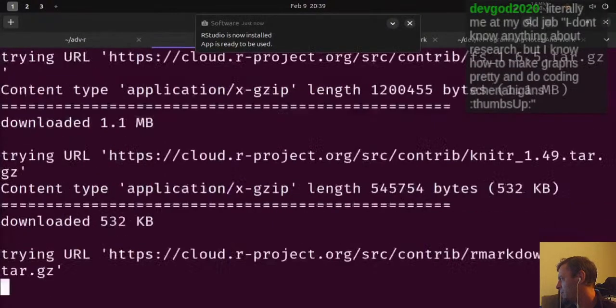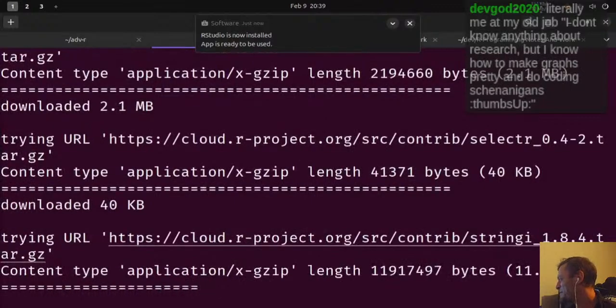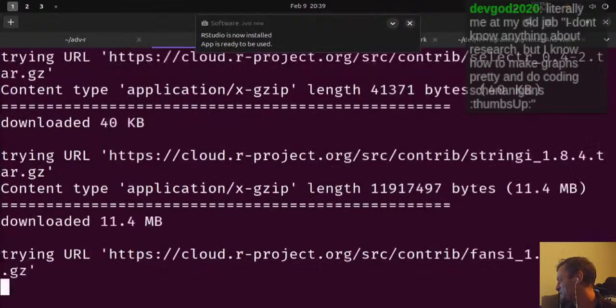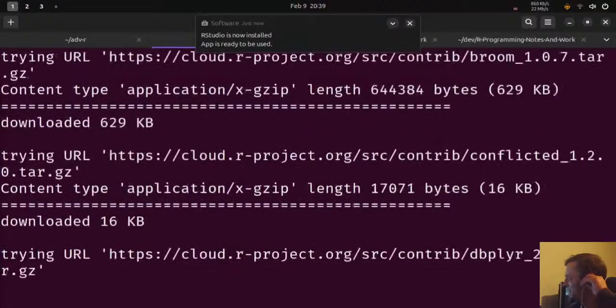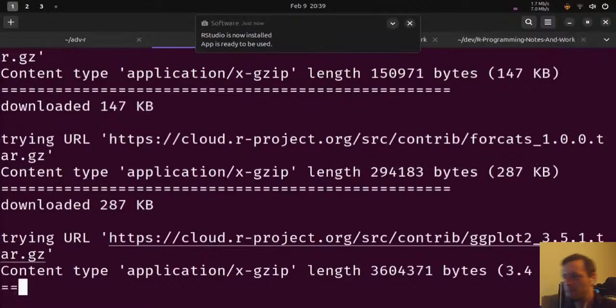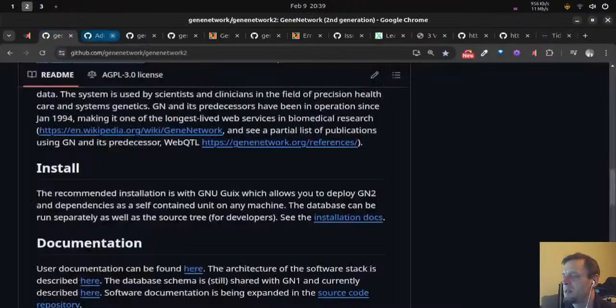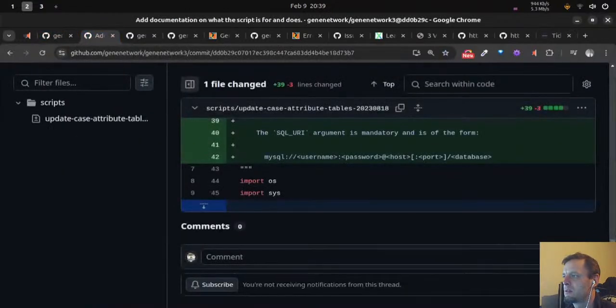I don't know anything about research, but I know how to make graphs pretty and do coding. Yep. So I'm going to be getting involved with the